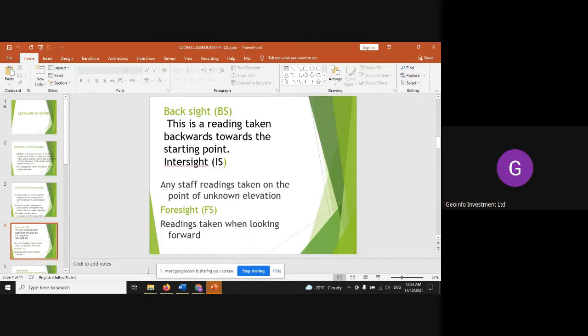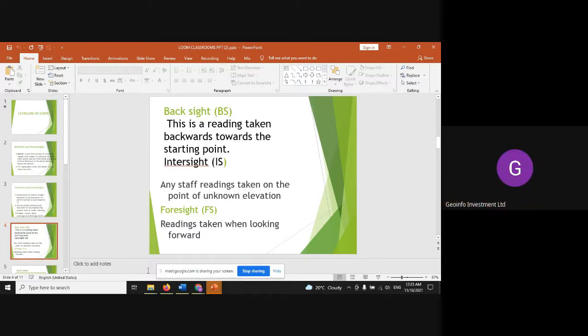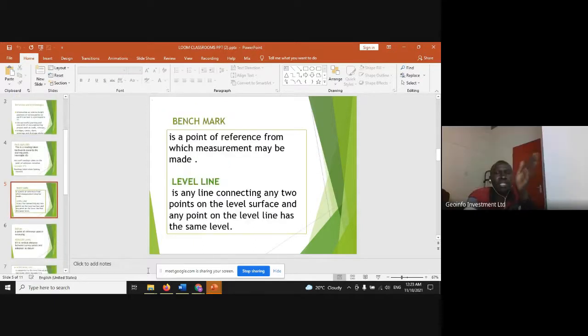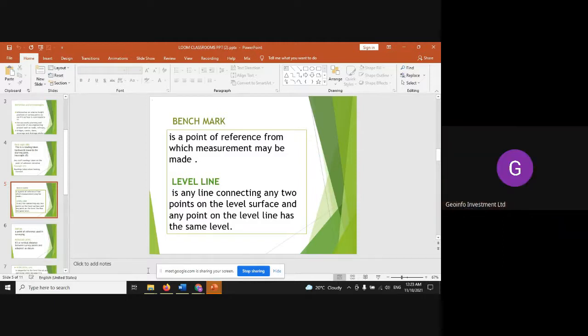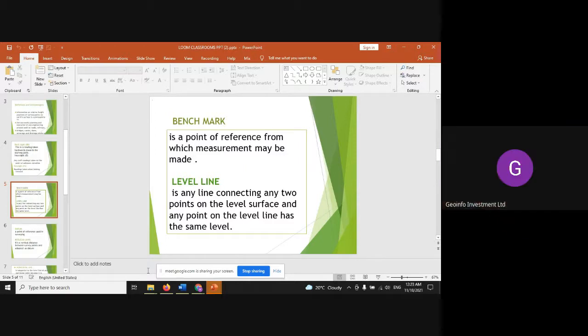Very correct, Mr. Wetapa. This is the last reading taken before you change the instrument station. We say that the foresight, after changing the instrument, also becomes the backside from the second station. But for the first station, we say it is foresight. Then after changing the instrument, you observe backward in this station and we call it backside. Okay? Now,